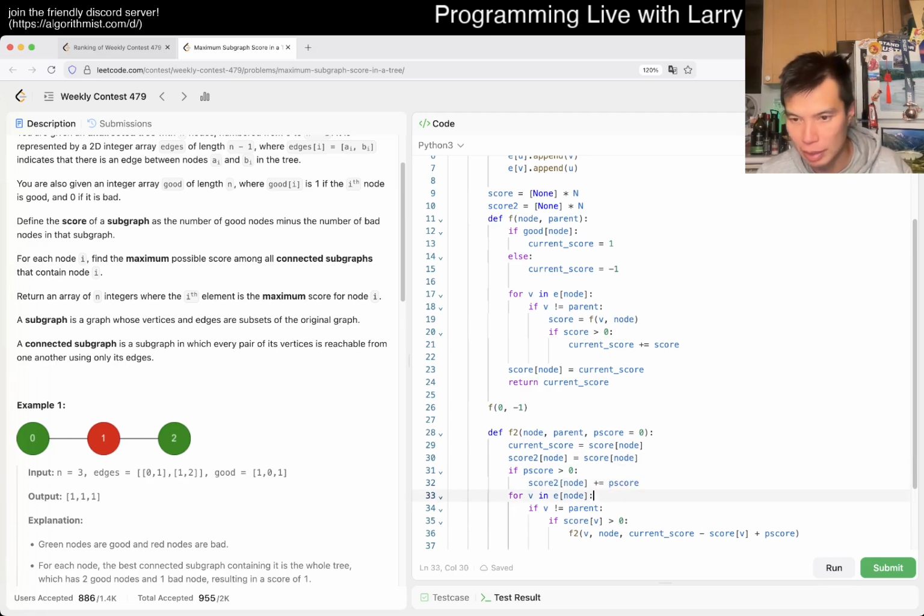Then we take the parent, and same thing here, really. This is without the contribution, but it may be that this is negative. If this is negative, we don't want to take it, right? So here maybe we write something like